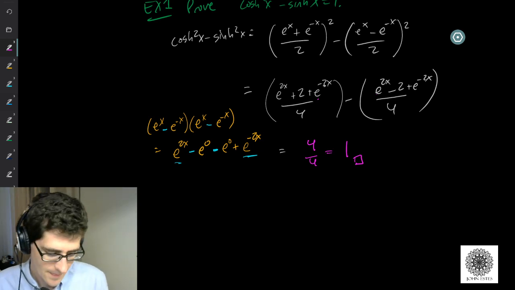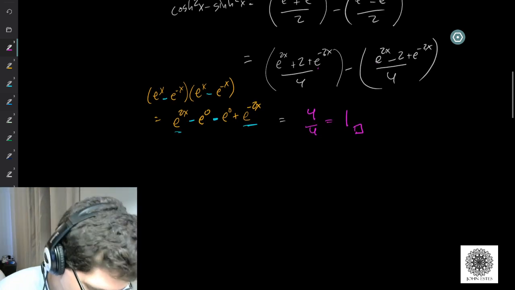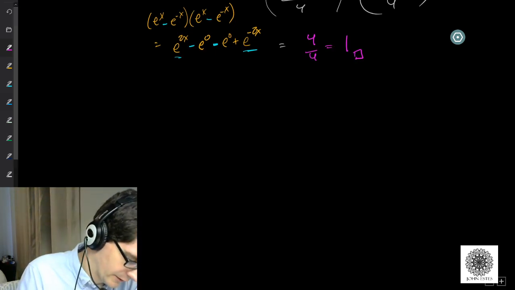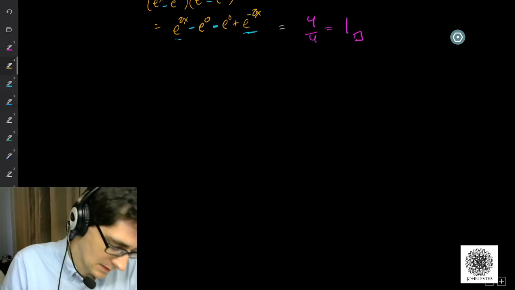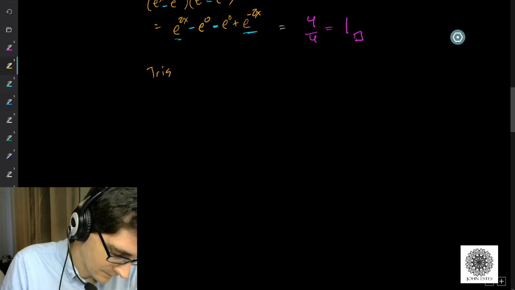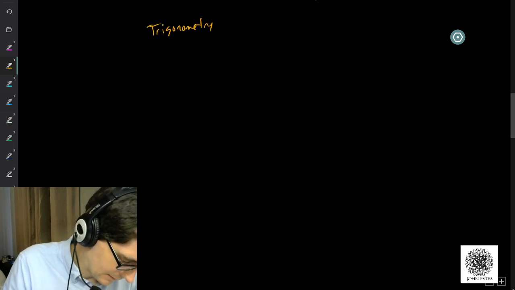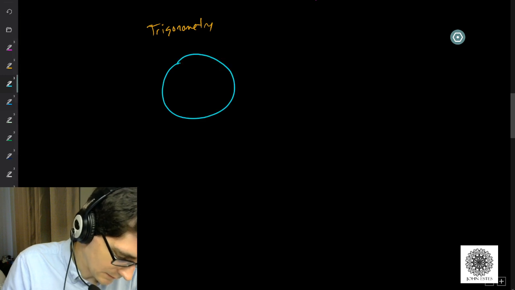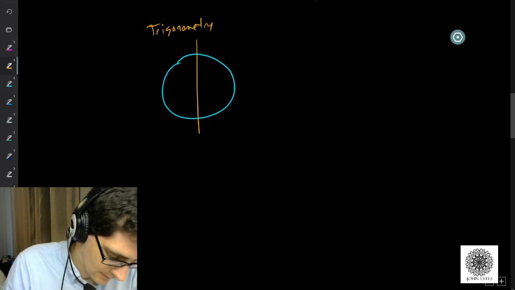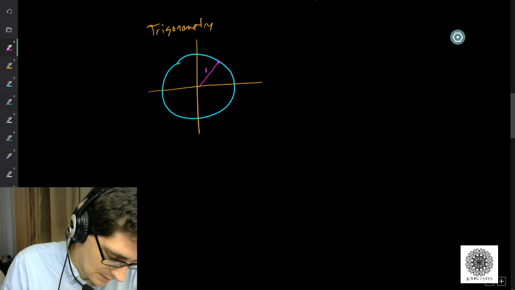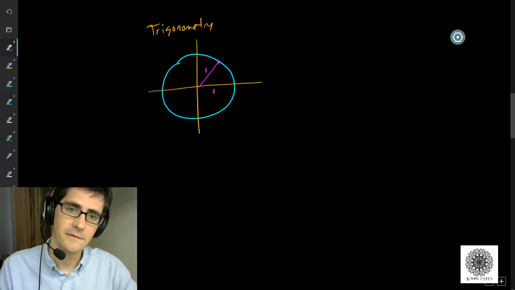All right, now before we look at the derivatives, let me explain why they call this hyperbolic trig, or hyperbolic functions. So in trigonometry, one way we think about trig is, let's start off with a circle. We have a unit circle here. And the unit circle here has a radius of 1. That's why it's called the unit circle, right? And if you do that,